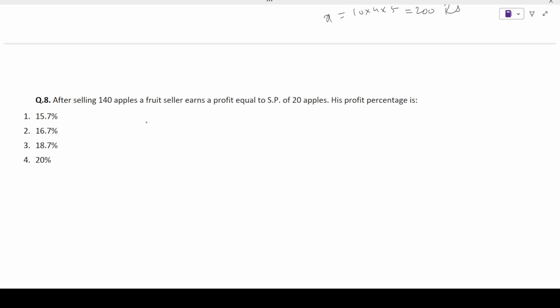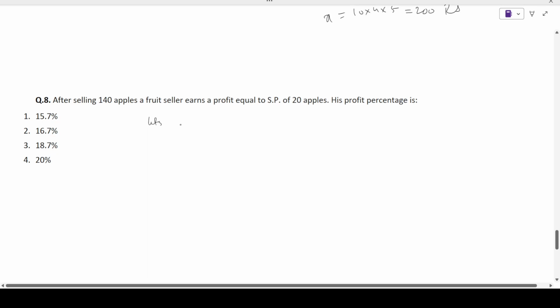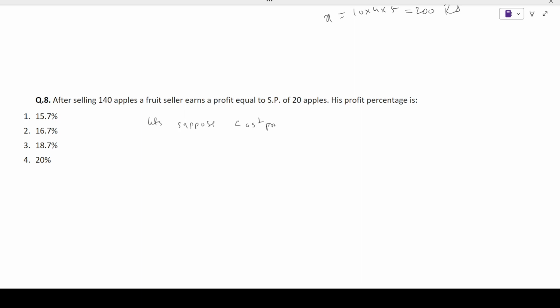So let's suppose the cost price of each apple is CP, and let's suppose the selling price of each apple is SP. So we are told that